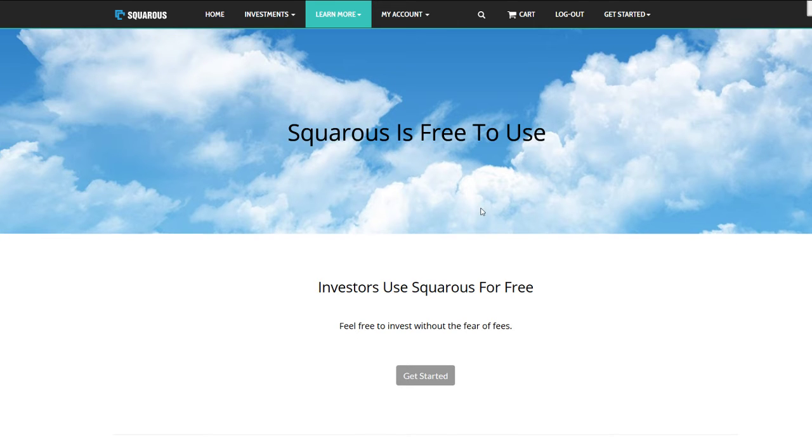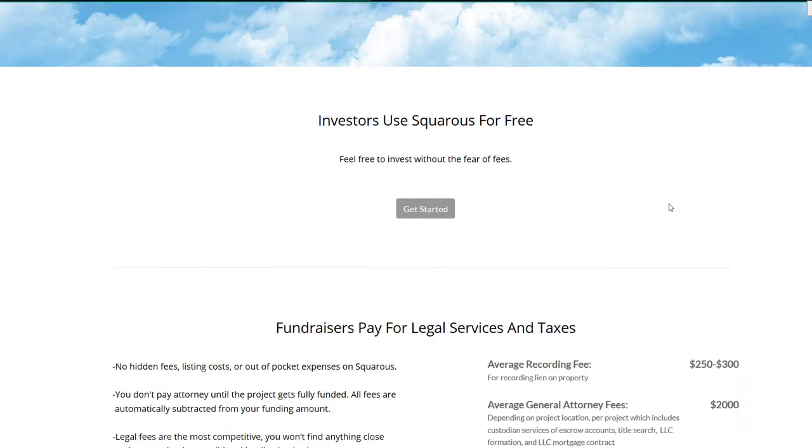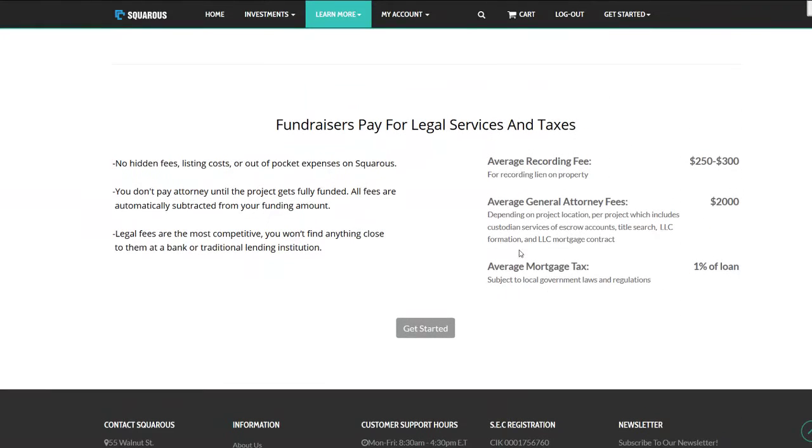Squaros itself, we do not charge any service fees at all. If you're a fundraiser, if you're an investor, you pay nothing. Investors actually pay nothing forever. Totally free. We don't charge any service fees. What is charged, however, is legal services and taxes. That's not avoidable. Every real estate transaction needs